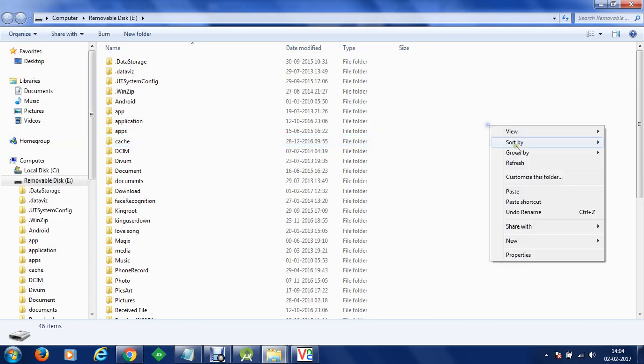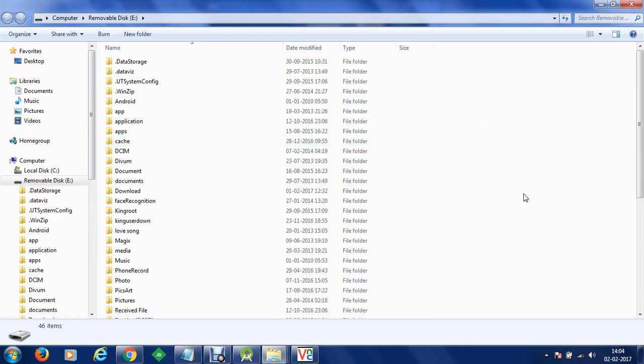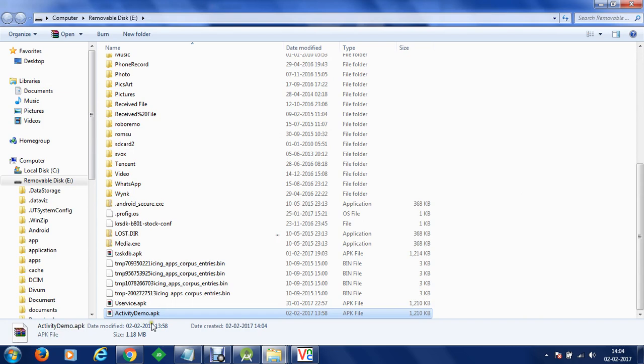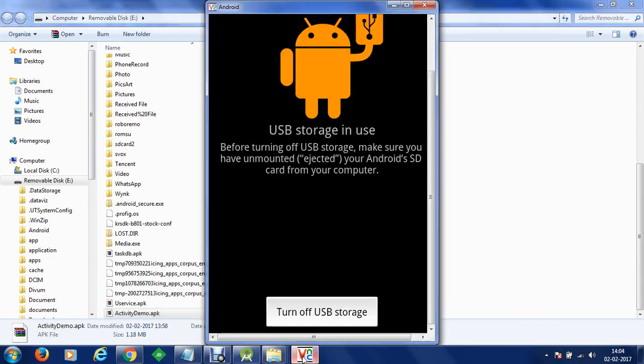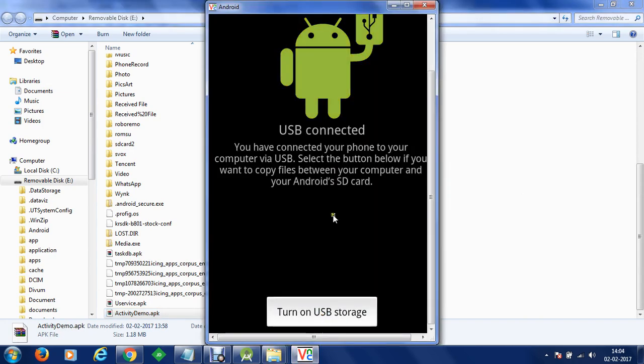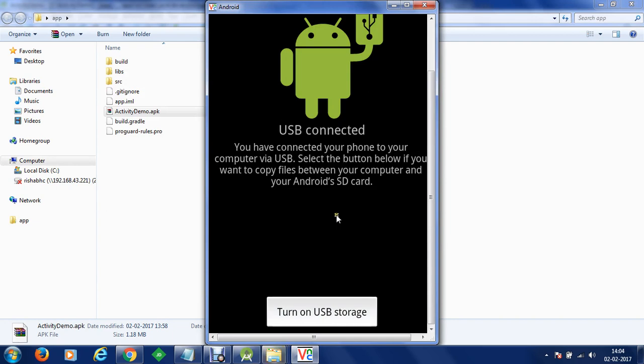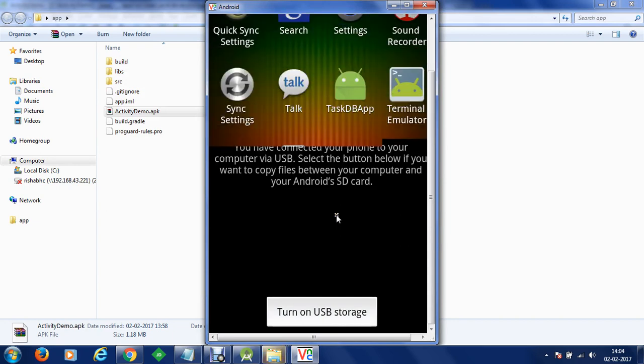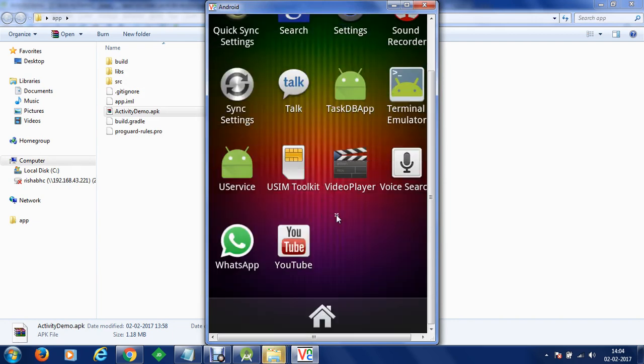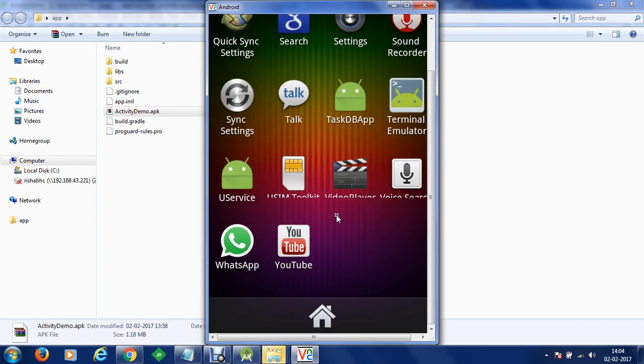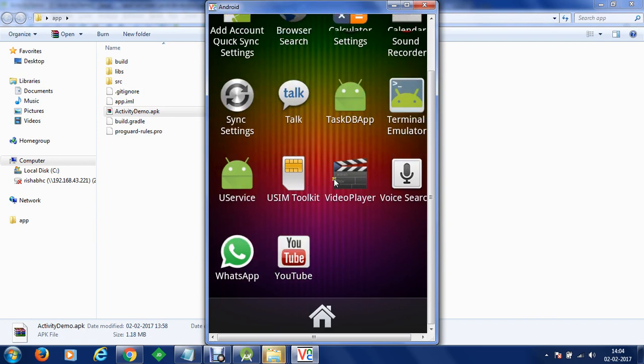We'll go to the device, we'll turn off the USB storage, then we'll move to file manager and using file manager we are going to open our application.